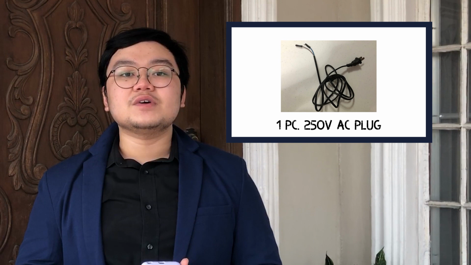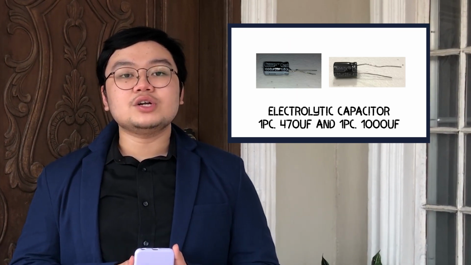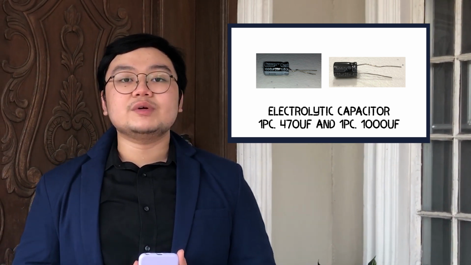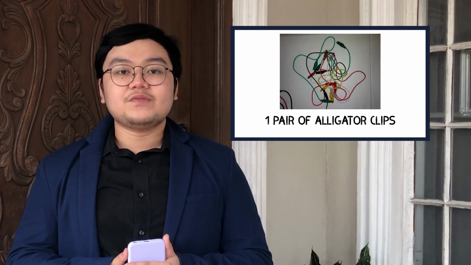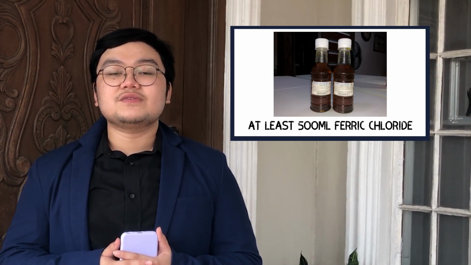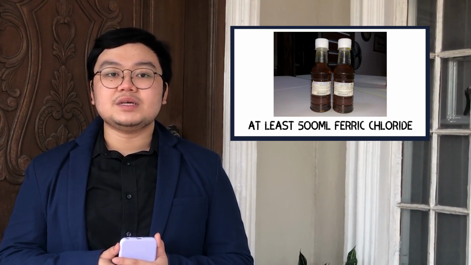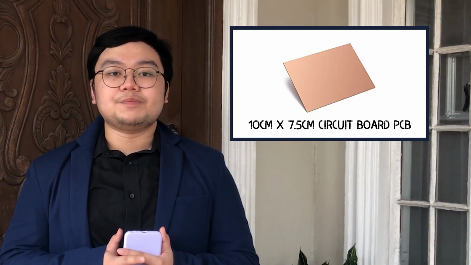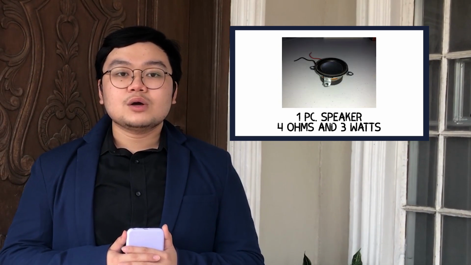The proposed materials needed to create the audio frequency amplifier are as follows. 1 piece 250 volts AC plug, 2 pieces of electrolytic capacitor, 1 capacitor with 470 microfarad and 1 capacitor with 1000 microfarad, 4 pieces of rectifier diode with the model number 1N4002, 1 pair of alligator clips, 1 bottle or at least 500 ml ferric chloride for the PCB, 10 centimeters by 7.5 circuit board PCB with developer,